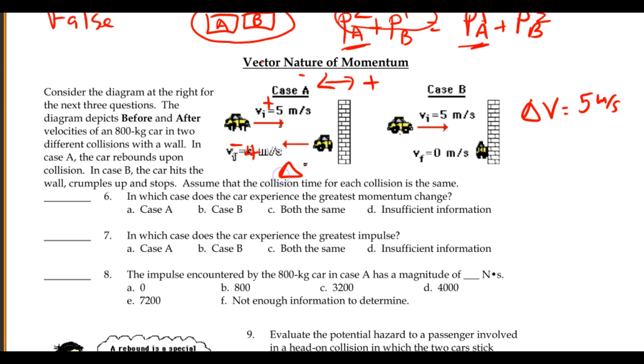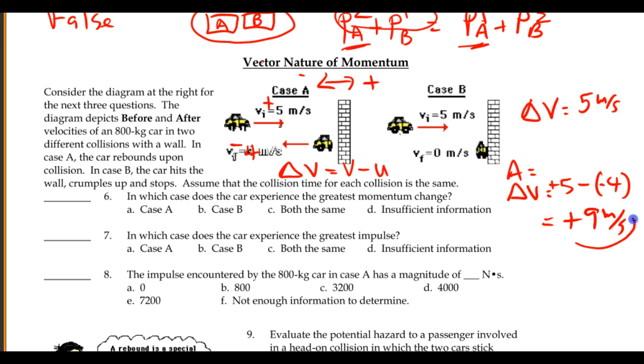Now, delta V means you take your final velocity V and you subtract, it's a delta, it's a change, difference, the initial velocity U. So in our case A, delta V would actually be 5 positive minus a negative 4, which is actually a positive 9 meter per second